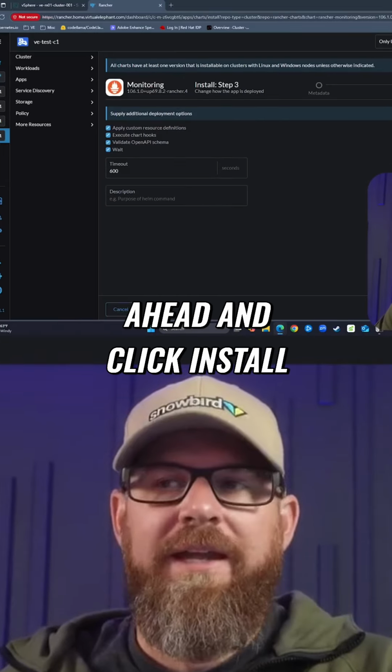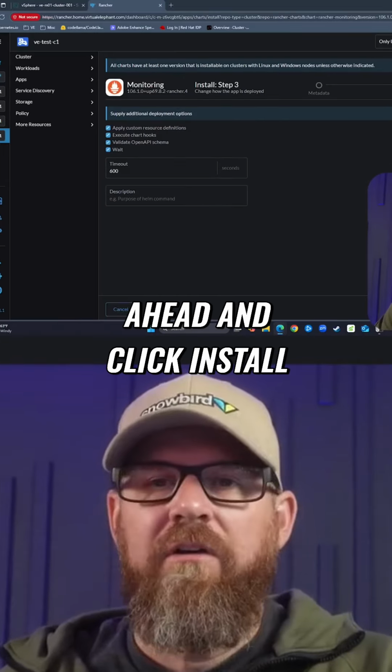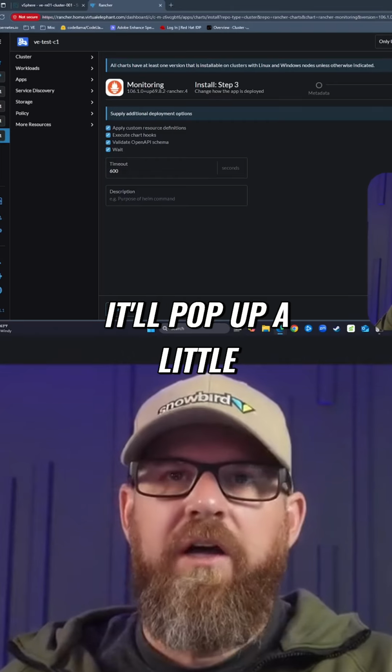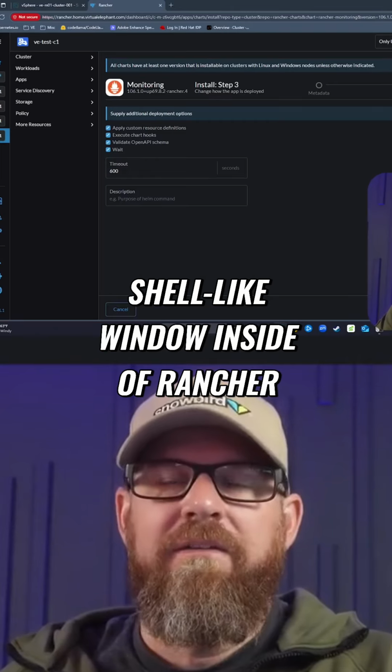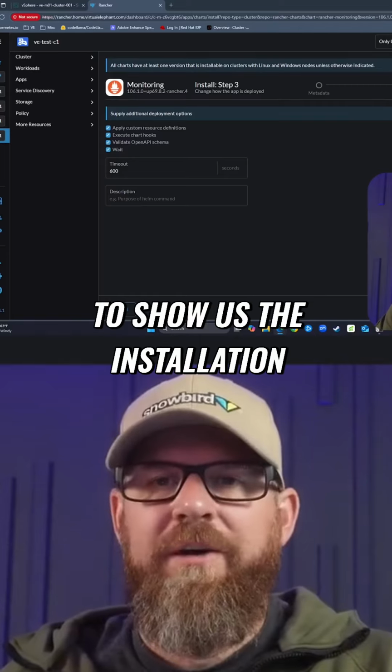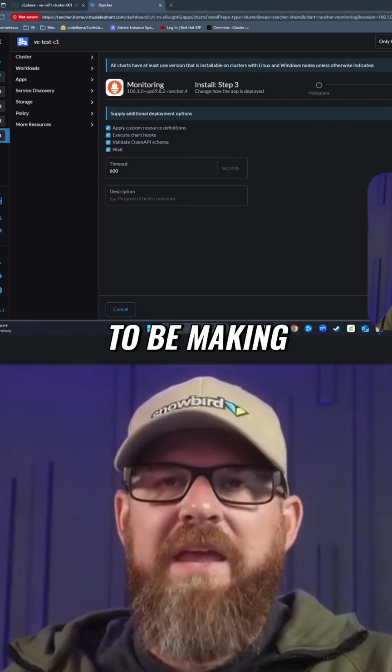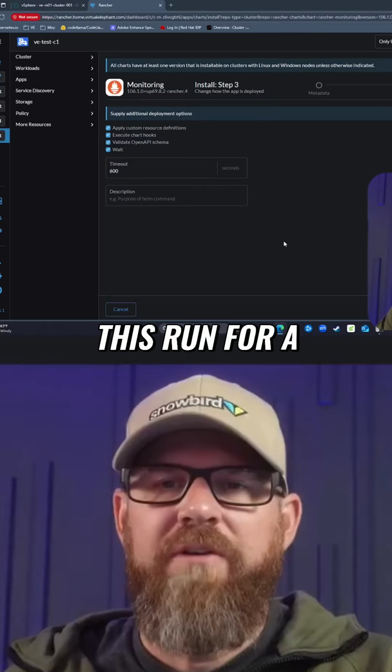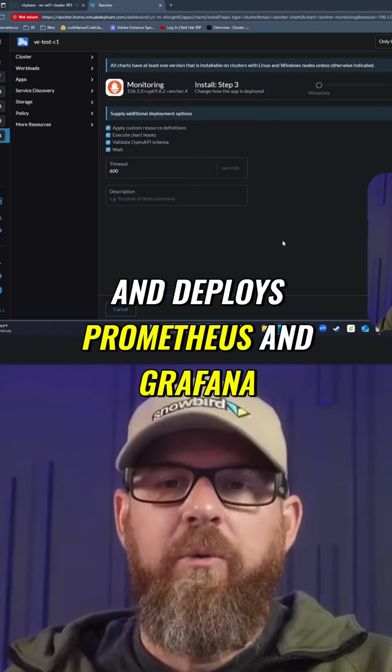We're going to go ahead and click install. And now it's going to start installing Prometheus and Grafana using persistent storage. And in a moment, it'll pop up a little shell-like window inside of Rancher to show us the installation progress that it's going to be making. So we're going to go ahead and just let this run for a minute while it goes and deploys Prometheus